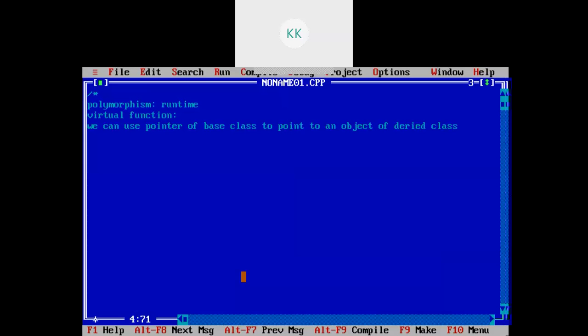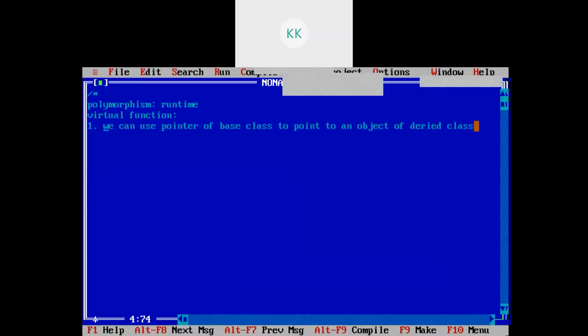Okay? So what we can do? We can use a pointer of the base class to point to an object of the derived class.